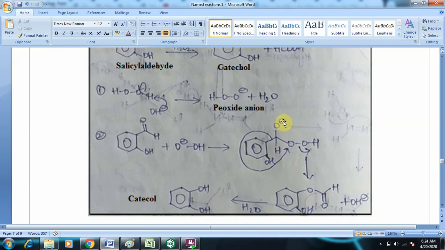And as we said, it will repolarize. Write down in your notes, it will repolarize. O minus will repolarize. So it becomes double bond O, and this carbon is associated with a hydrogen. So do not get confused that this is a carboxyl group. This is not a carboxyl group. Why? Because in carboxyl group the benzene ring is linked to C double bond O followed by OH. But here you can see this is linked to oxygen followed by C double bond O. So this is not a carboxyl group.